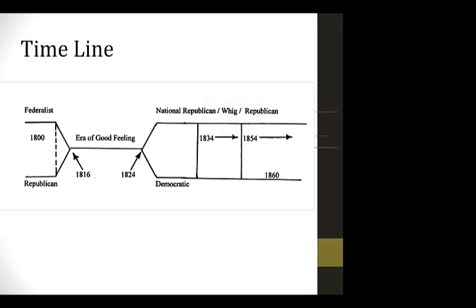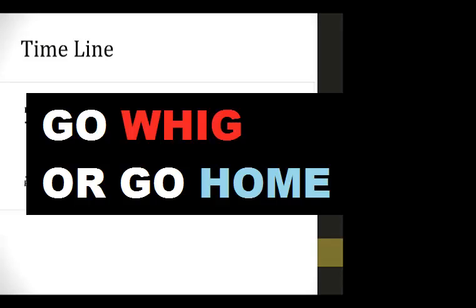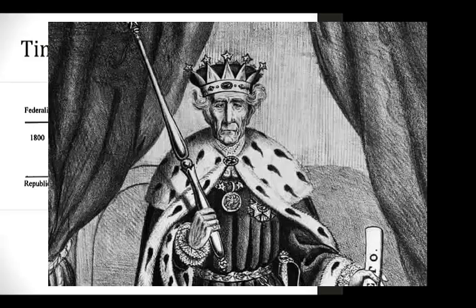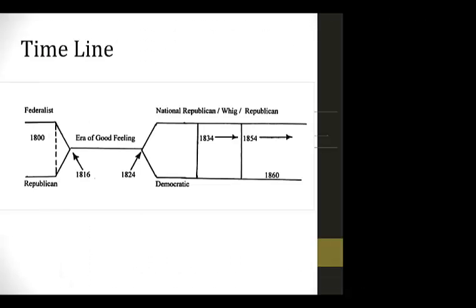Basically, the Whig Party is going to be a coalition of different interests from the North, from the South, from the West: manufacturers, slave owners, ranchers alike, all having one thing in common: they hate Andrew Jackson. So it's going to create this new party, the Whig Party. The Whig Party is going to have about a 10-year run, and then from there it's going to give rise to the Republican Party.